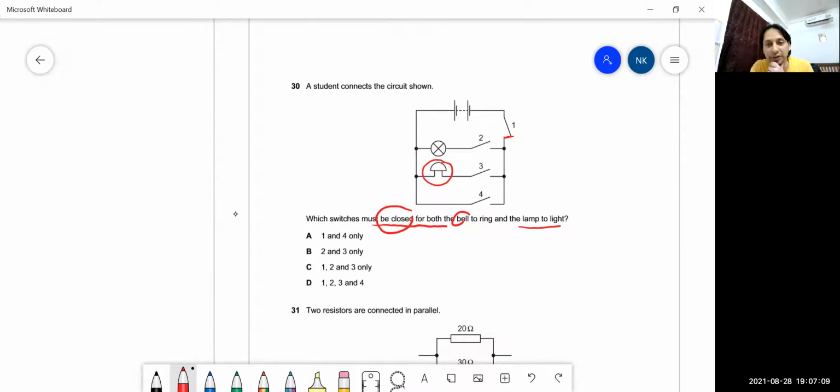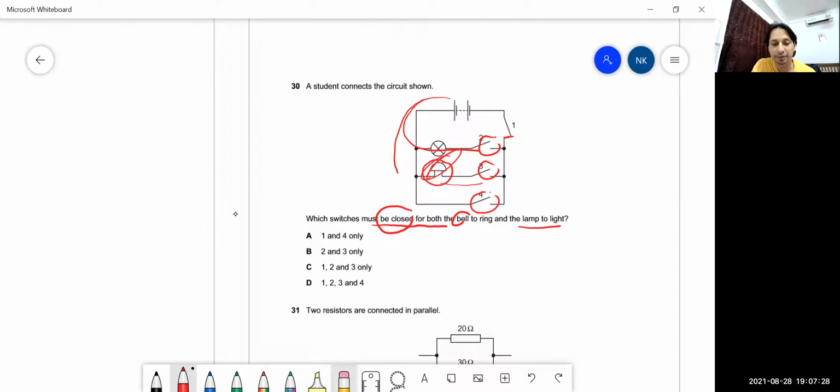Still this is not a closed circuit, because even this loop, if you look at this loop, is open. The second loop is again open here, and the fourth loop is open. So it means we are not getting any benefit from closing switch one only.